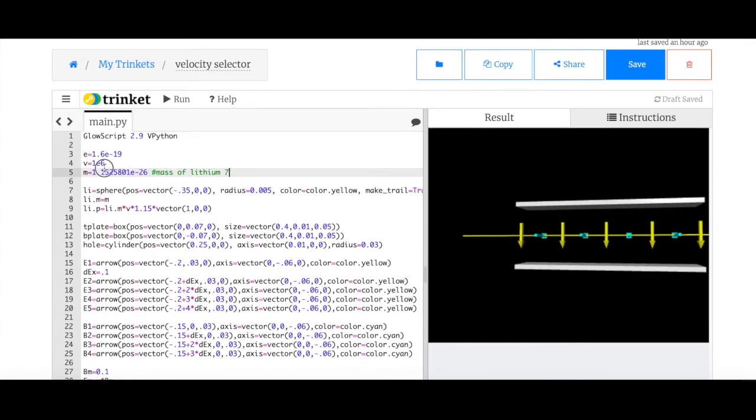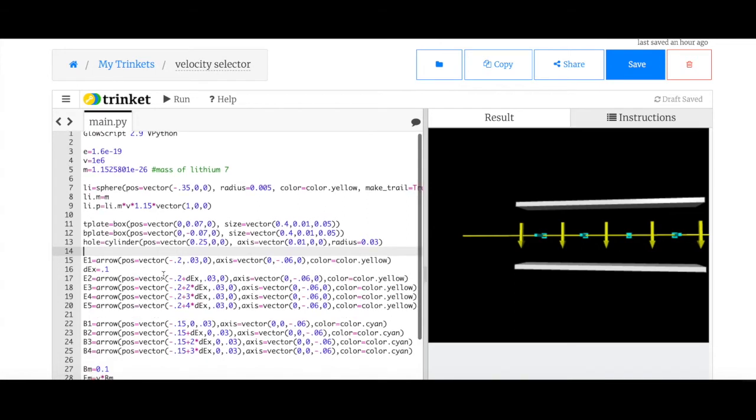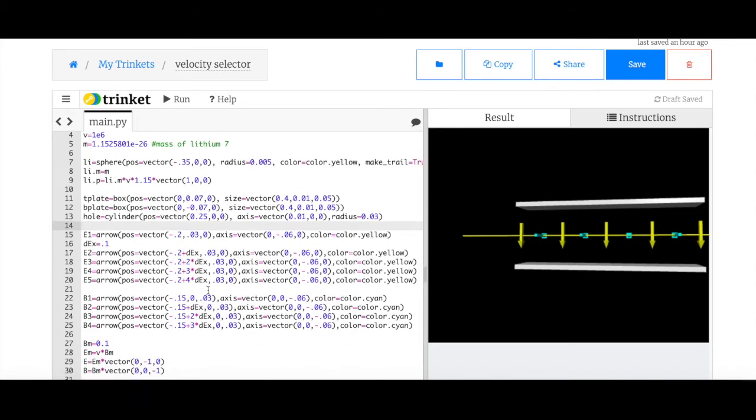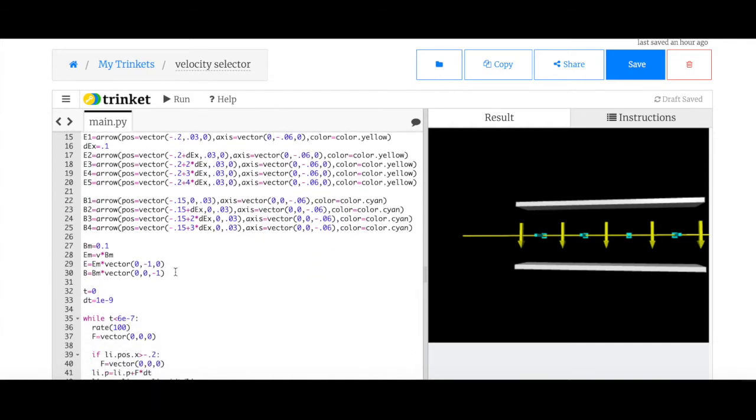Here I just have some parameters that I would deal with. Here's my lithium ion. I made it a sphere. I made a top plate, gave it a position, a bottom plate, and then the hole is a cylinder. Then these arrows are just for show. And then I have here the value of the electric and the magnetic field. I picked them to go along with the velocity of my particle, which I picked at 10 to the 6th